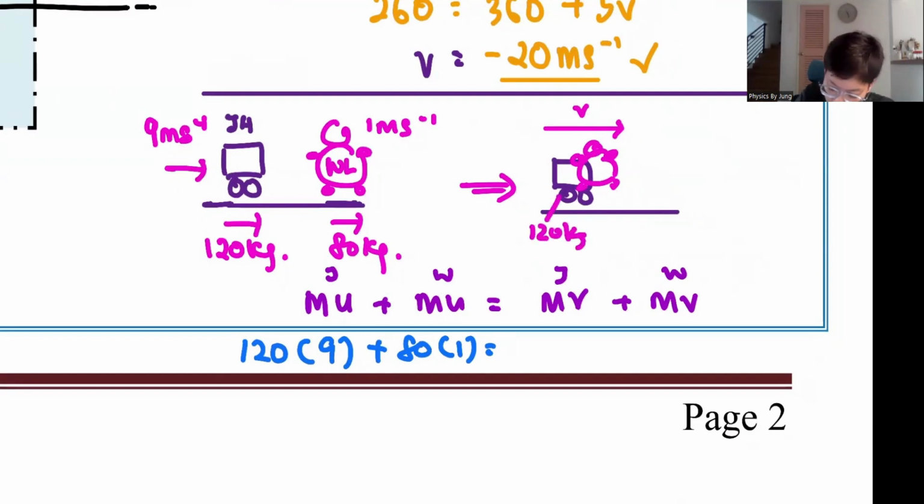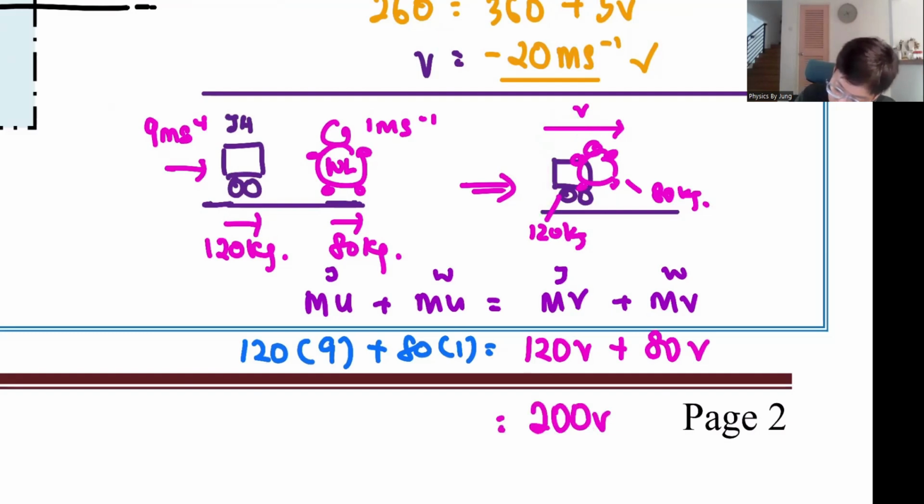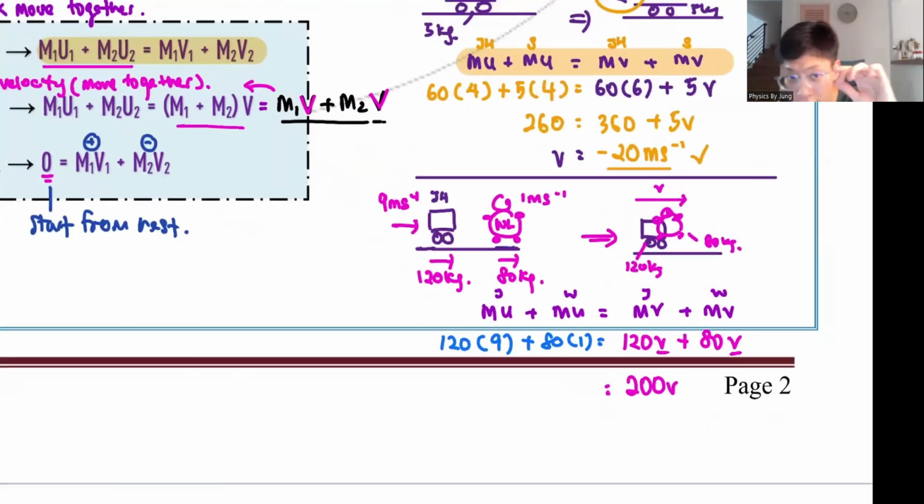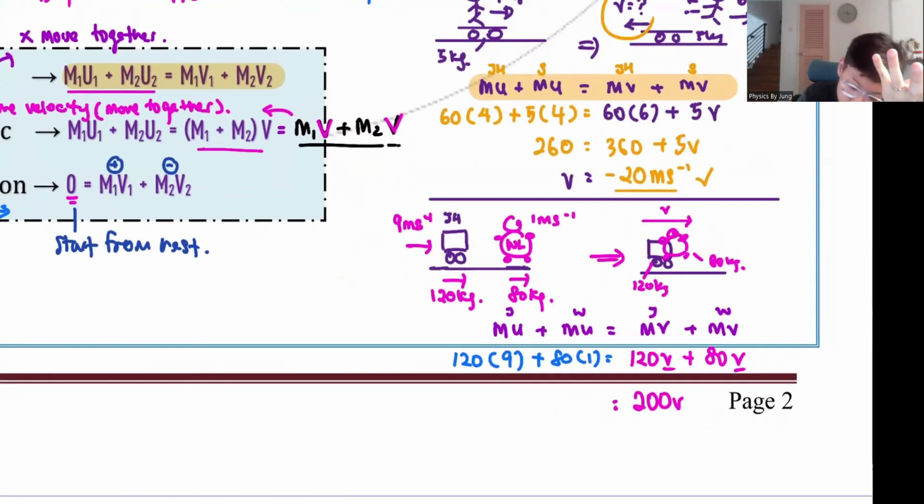Jung Hao is still 120 kg, right? Wailun is still 80 kg, right? So if I write 120 V, because mass times velocity plus mass times velocity, I will also get 200 V. Because once the V is the same, automatically when you do the working, you will add them up together. So actually, the first formula and the second formula are the same. If you rewrite them separately, once you share the same unknown, you will add them up together. So ultimately, you get back the same answer.